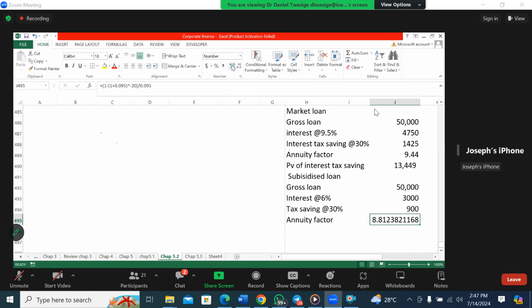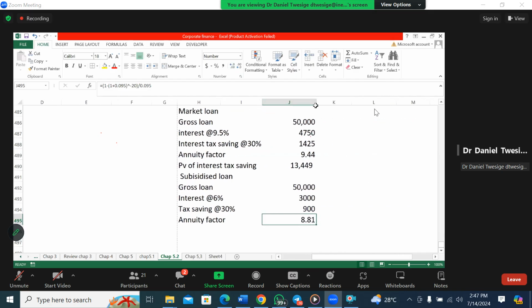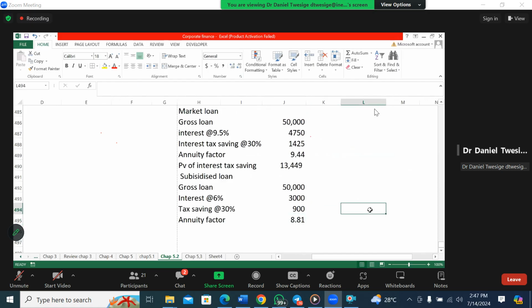So how should we consider this as a cost of capital? That's the same as the cost of debt. The market rate is the one which is considered as the cost of debt. So when you're discounting, you should use the same cost of debt, which is the market interest rate. What if you use the